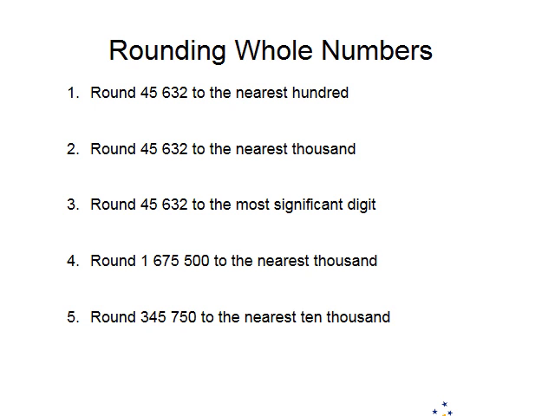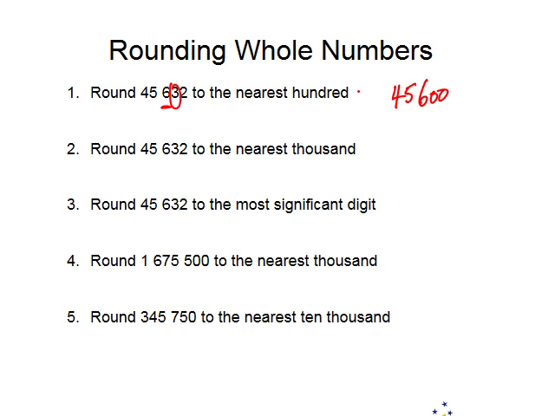So we need to identify the digit that's in the hundreds place, and that is the 6. Then we need to scrutinise the next place value to the right, which at the moment has a digit 3 in there. So according to our rules, the 6 won't go up to the next value, 7. It will stay there because it's below 5. The 3 is below 5. So our answer is